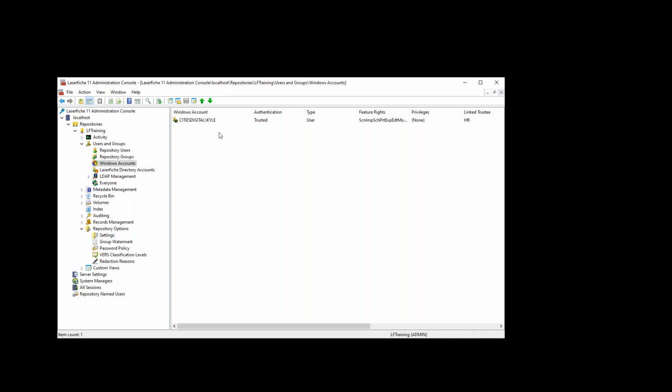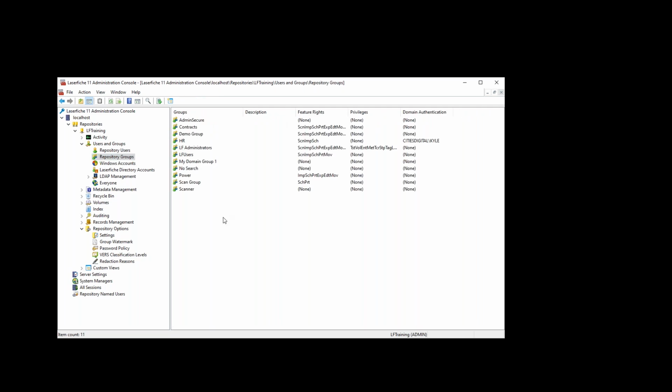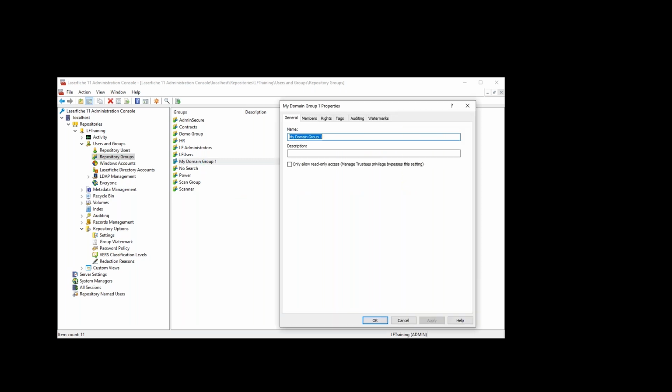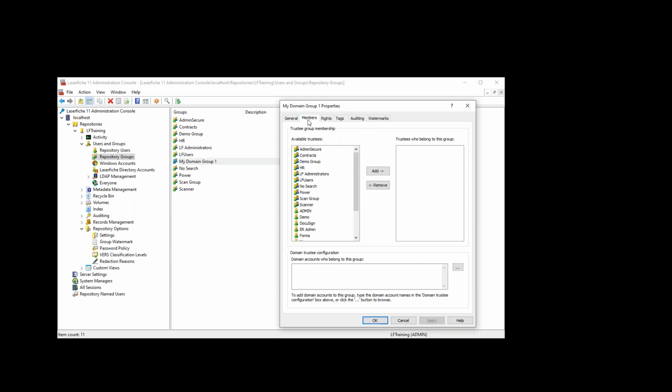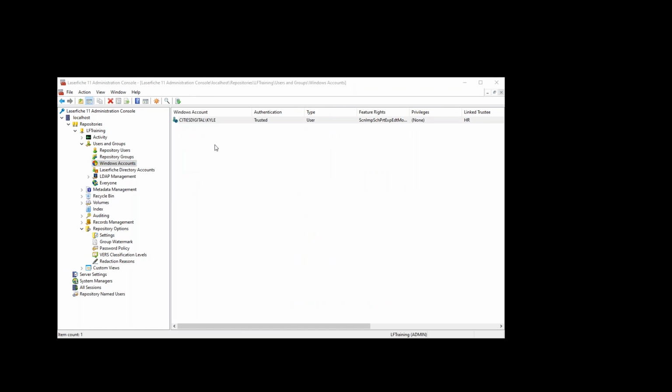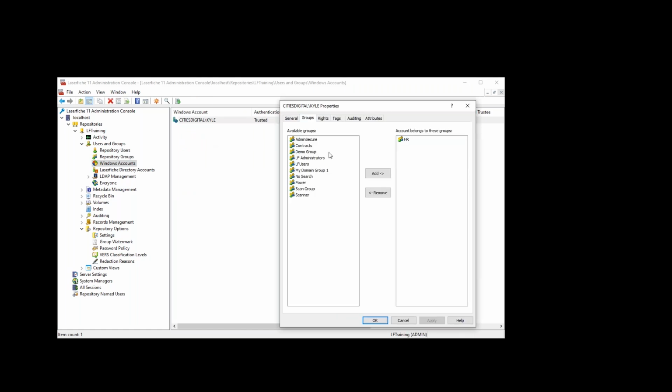But instead of having to go to each user every time they log in and then set their security feature rights, we're going to set them on groups. So you might have a domain group. I created a silly one here called My Domain Group 1, and simply set the rights here. I'll set all feature rights because that's probably the best thing for most users, and apply that. And then I can either add domain users here or go back to those Windows accounts and simply add them to be a member of that domain group